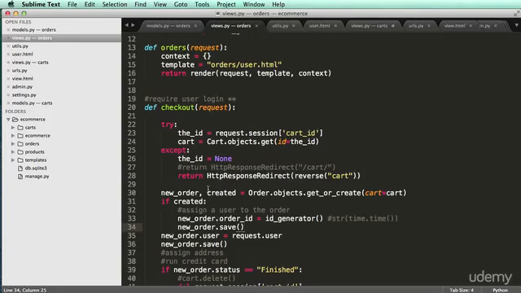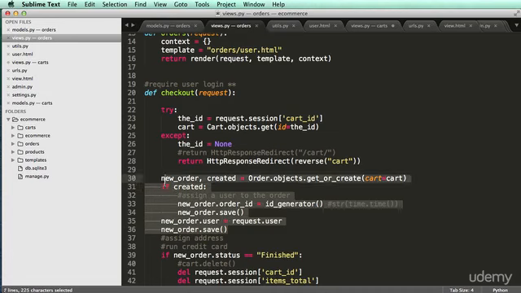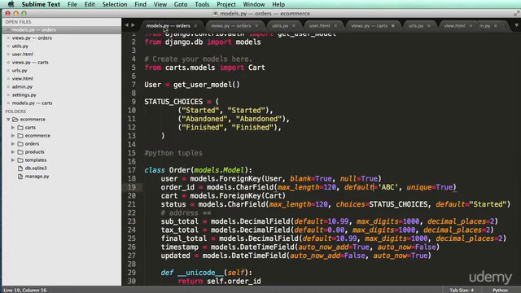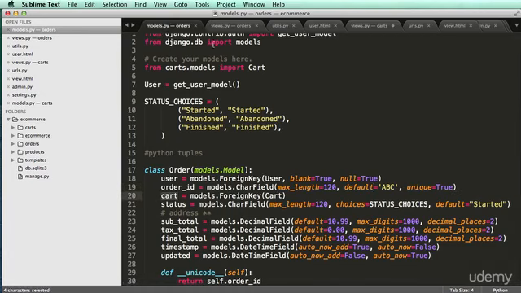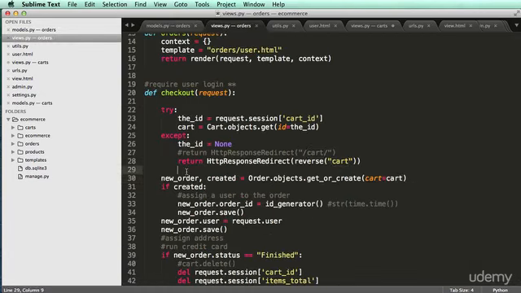So before we actually start creating the user, I'm going to change how all this stuff happens based off of the cart itself. We're going to grab the cart object first and see if the cart object exists. If it doesn't exist, then we'll create a brand new order object. Create the order object, see if it exists based off of the cart, and if it doesn't,